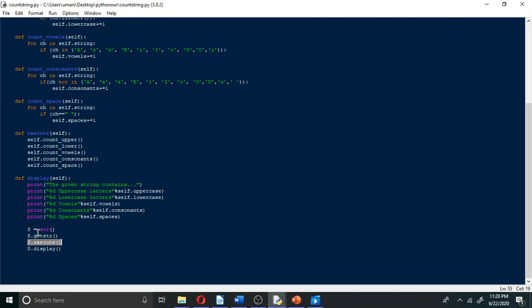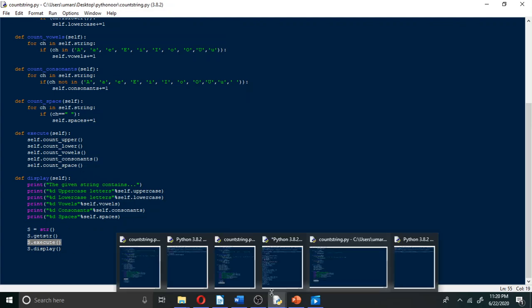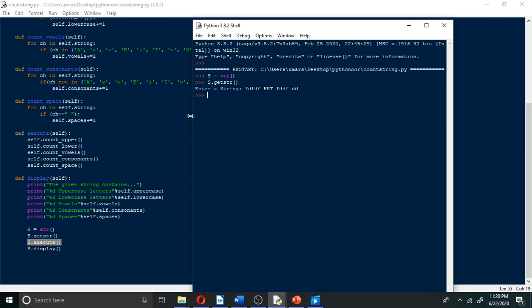The input is got from the previous method, and then you press Control C and paste it on the IDLE screen and execute. Once you execute, the system is not showing anything because I am just repeating this here. This particular line of code, s is equal to str, creates an object called s for the class str, and then the line s dot get string really gets the input string. For that only the message enter a string has come, and I have given the input here.